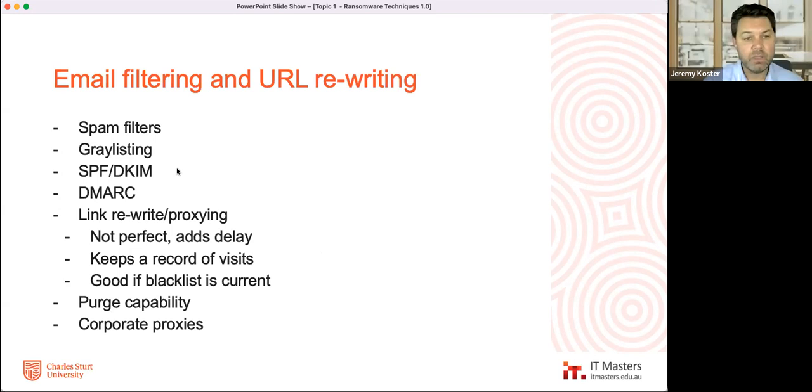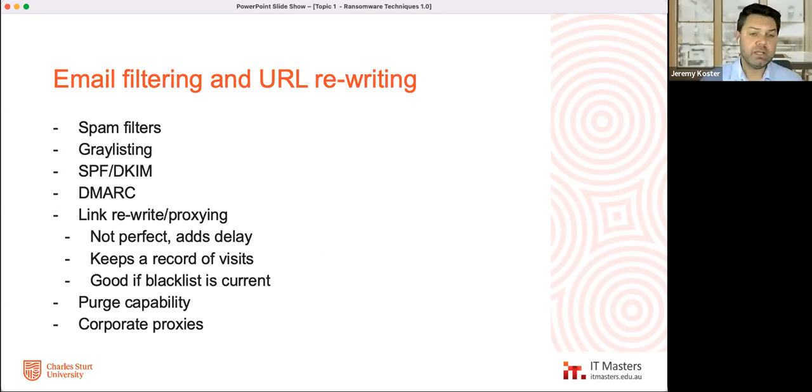SPF, DKIM, making sure that email is coming from the organization you expect. We should be getting a lot harder on that. That's been in for a while. DMARC is important, so you can see who is imitating you and make sure that is not happening, so no one's sending in your name across the internet. So everyone should be deploying that just for other people's sake as well.